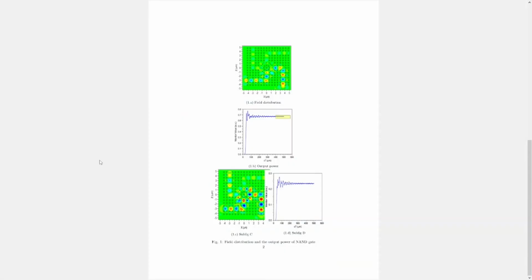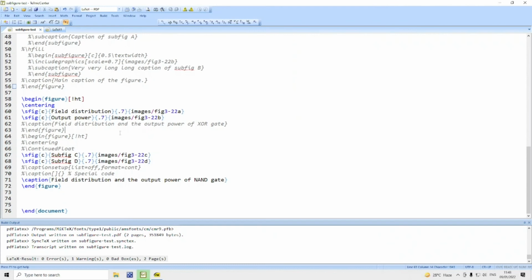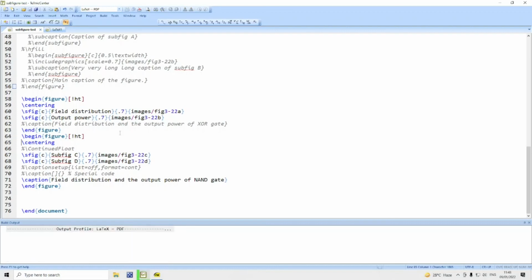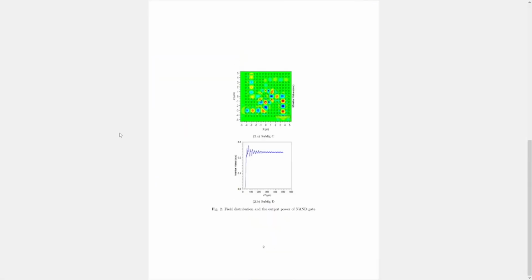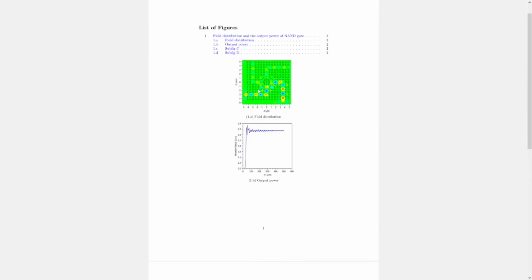Then with this coding we are not able to get it. Only method is we have to use here end figure and then again start begin figure. We put it as two figures. In that case, if you compile, you will find here figure 1a is here, 1b is here.